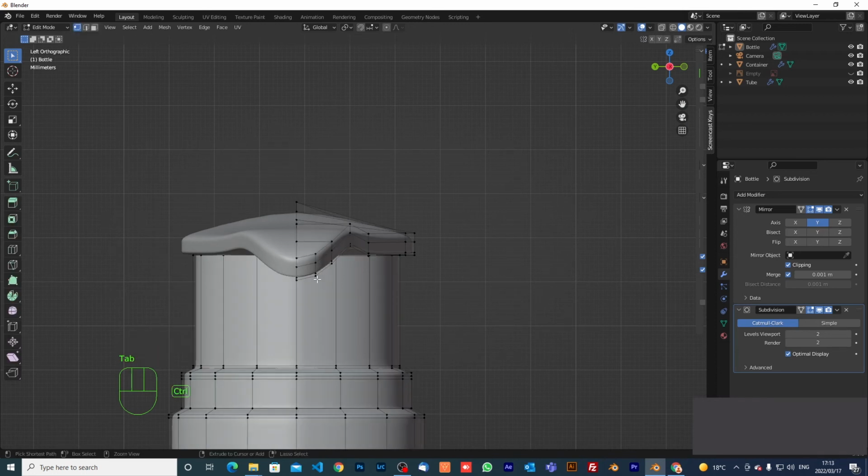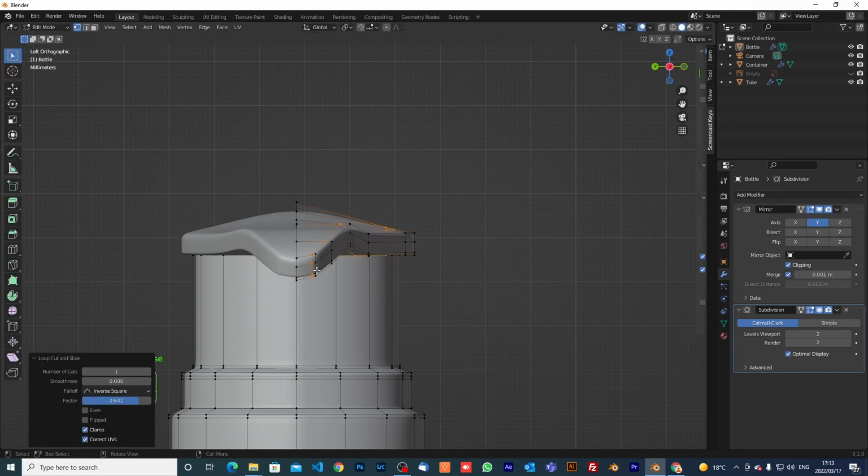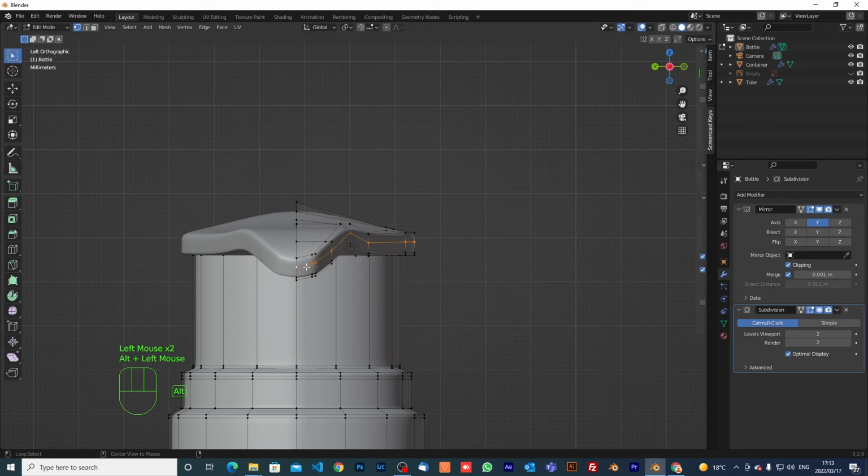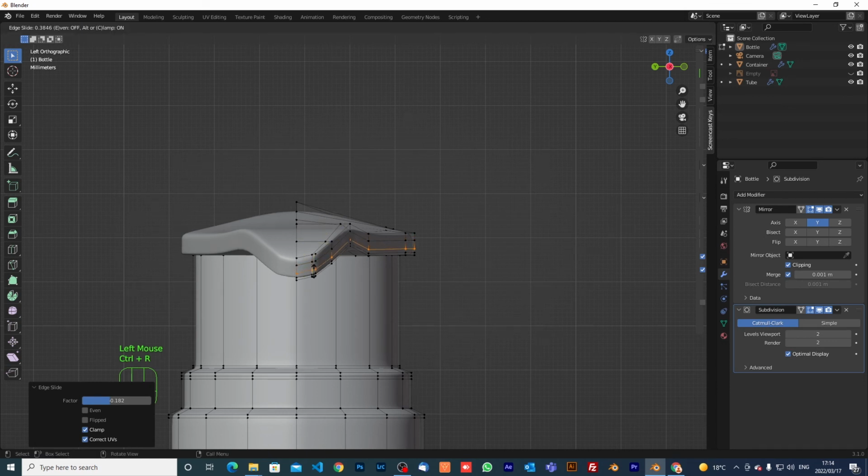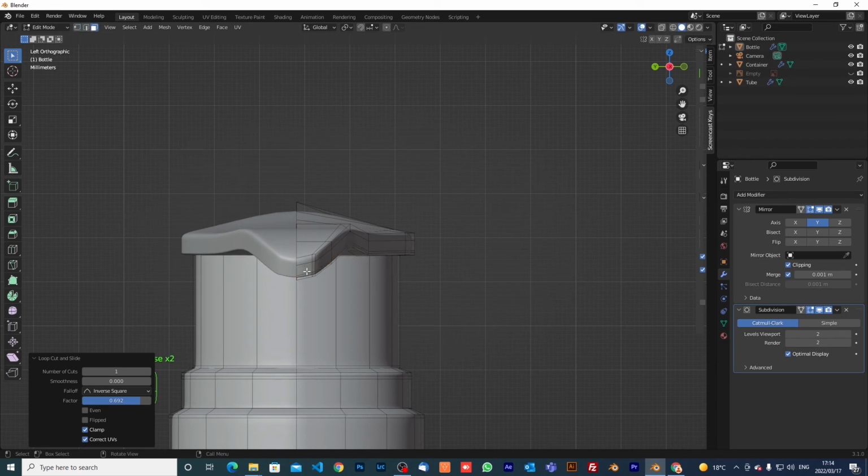Let me just Control R, add a loop cut somewhere here, tighten it this way, and this one I think I would do that. Select the edge loop and move it up. I'm gonna move this edge loop up. It becomes a little too tight. Control Z. Let me just not move it that much, but I'll move it slightly up. Control R, add another one over here and move it down, and take this, select the face